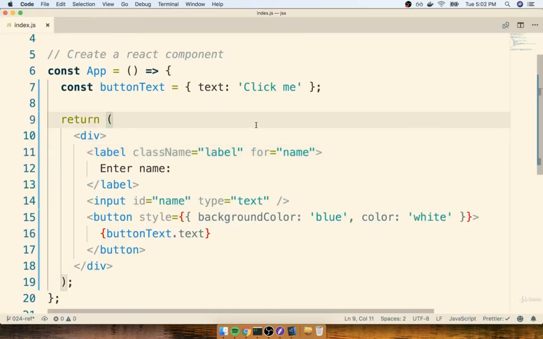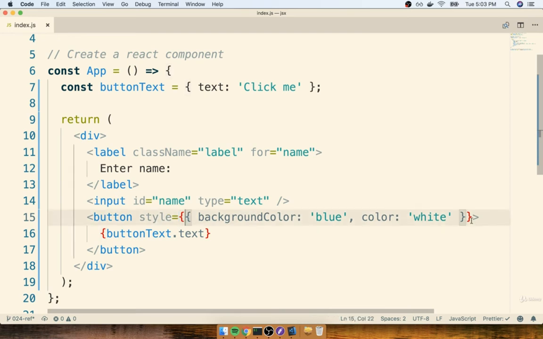Now, the reason that I put a lot of emphasis on that last part saying we can't show an object as text is because technically we can show a JavaScript object as an attribute on an element like this right here. Now that you understand the purpose of this curly brace syntax, we can look back at the style property and get a better idea of what's going on. So what we're really doing here is we're saying we want to reference a JavaScript variable for this style property.